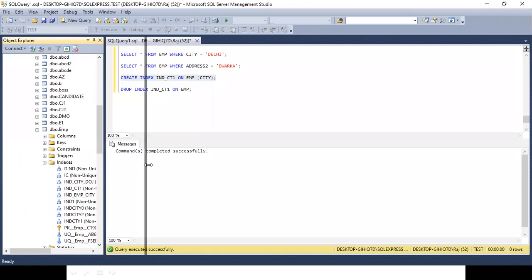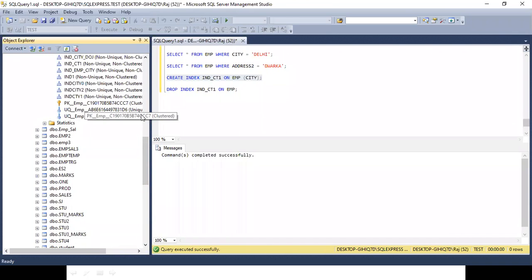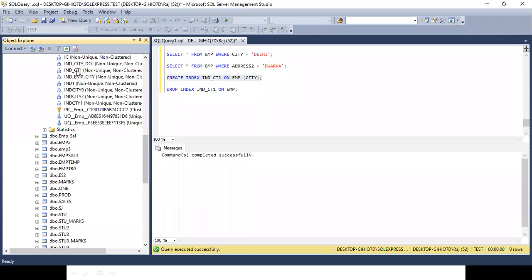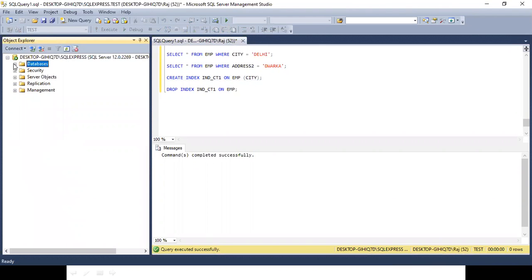It is IND-CT1. This is the index which we have created. Now, although we don't have to do anything over here, it is just for your reference that I have shown you this.